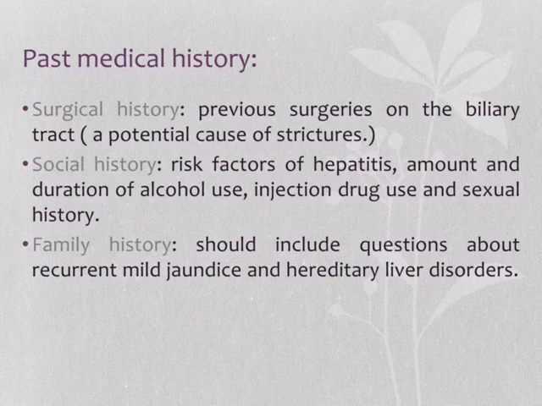One of the main components of checking history is the past medical history. In the past medical history, we start by asking about the surgical history, previous surgeries on the biliary tract, which could be a potential cause of strictures. And then we go to the social history. We ask for risk factors of hepatitis, history of travel,